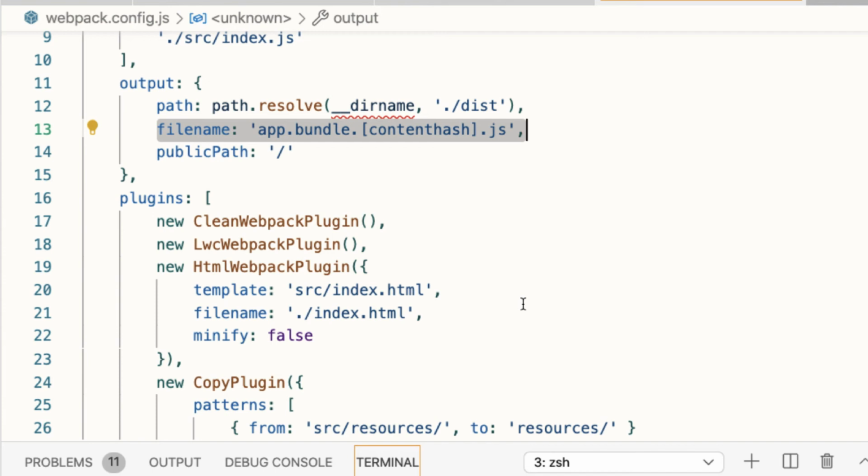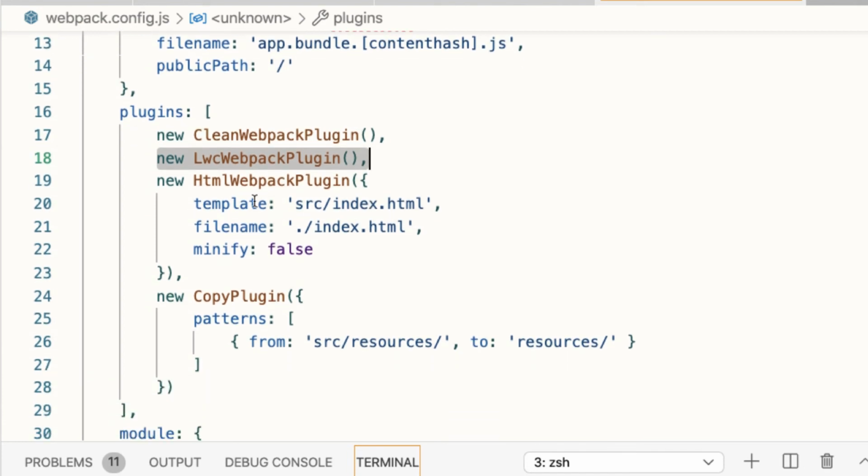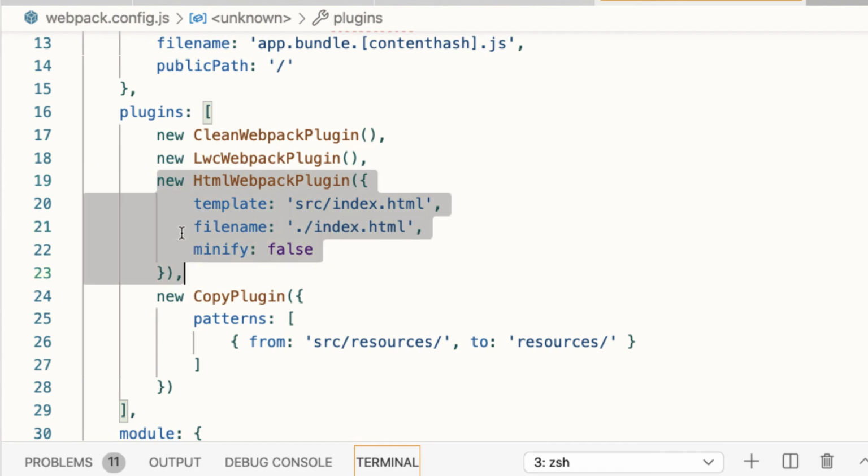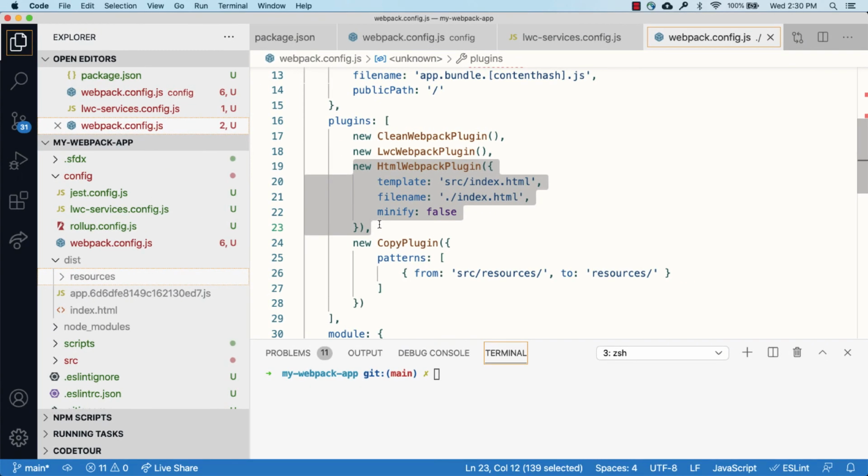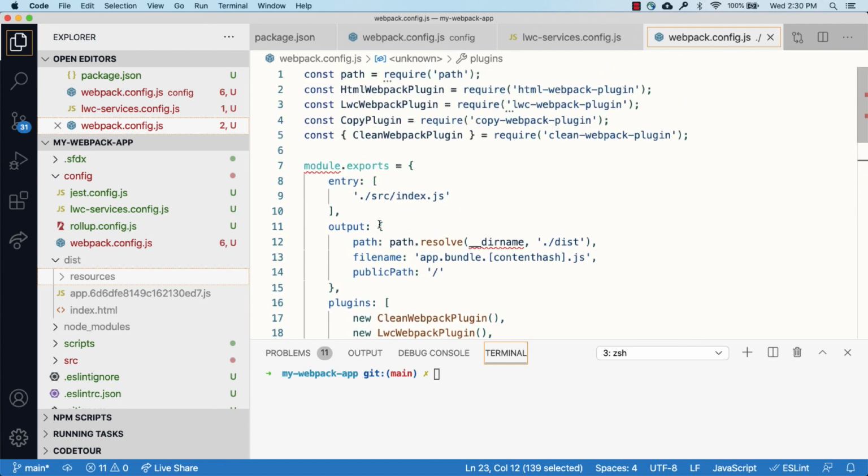Next, you define the plugins that you want, and it is very important to add the LWC Webpack plugin. Now, without this plugin, Webpack will not be able to understand your Lightning Web Components and it won't transpile or bundle them. Finally, we also define the HTML Webpack plugin to generate the HTML file with the build output added as a script. So now you can directly run the Webpack build command, which is npx webpack, which looks for the config file, which is webpack.config.js.